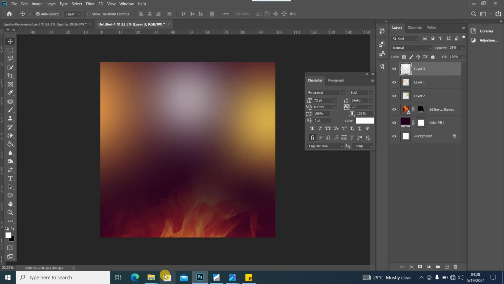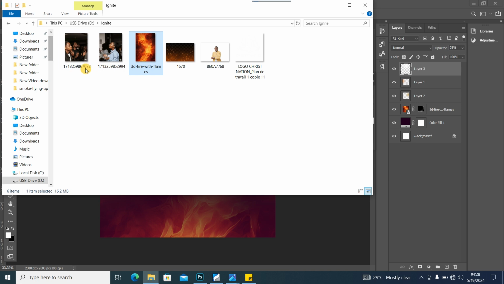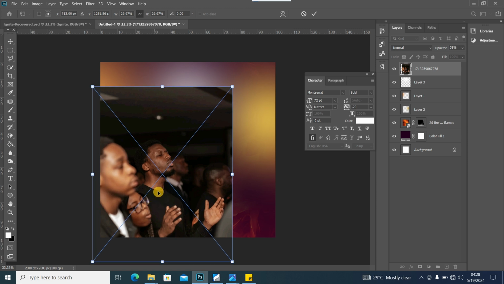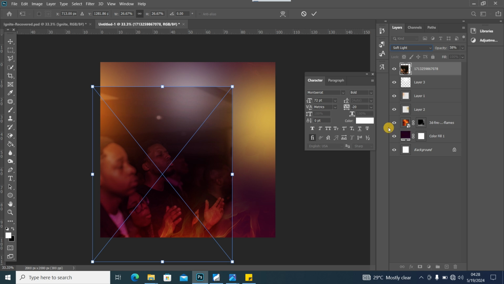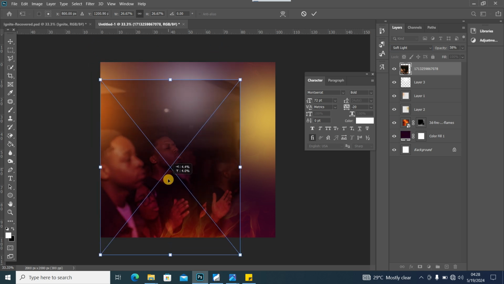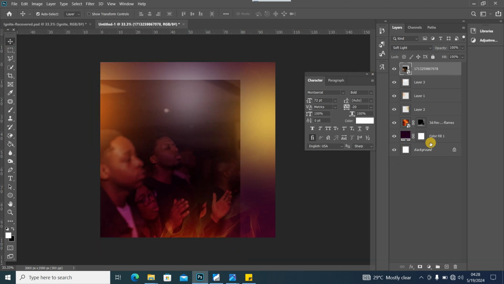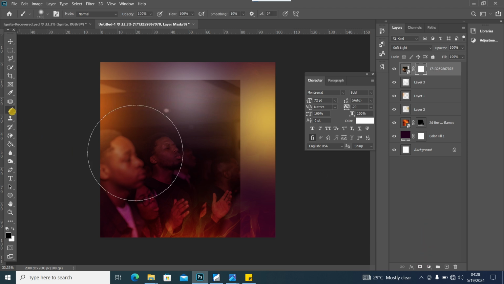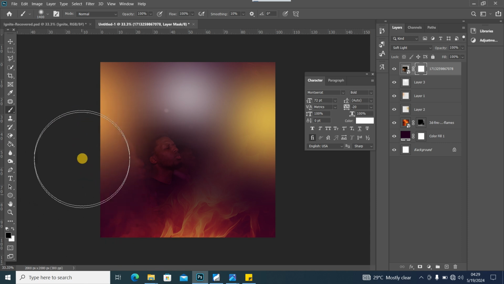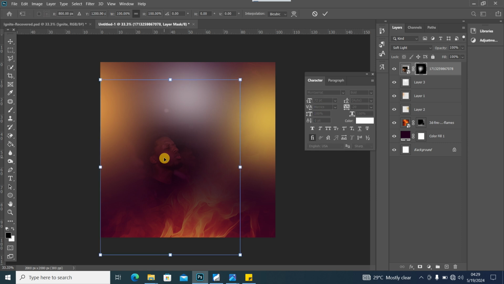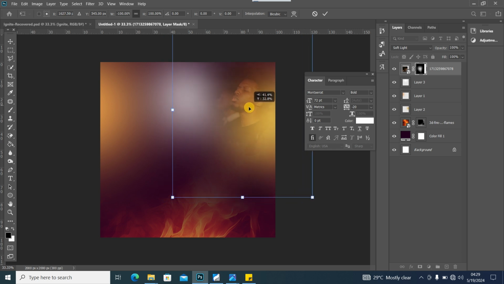So at this point I'll begin to add more detail to my background. So I'll bring this first image into my design, and I'll just position it here like that. Change my blend mode to soft light, and once that is changed to soft light, I'm going to use my brush tool, and I'll brush out the unwanted areas like this, and allow just the area that I want to see in the design. So I'm going to press Ctrl T, and I'll flip this like that,